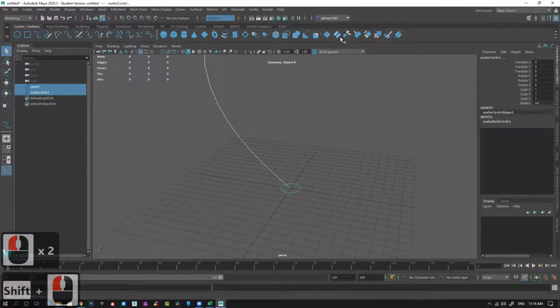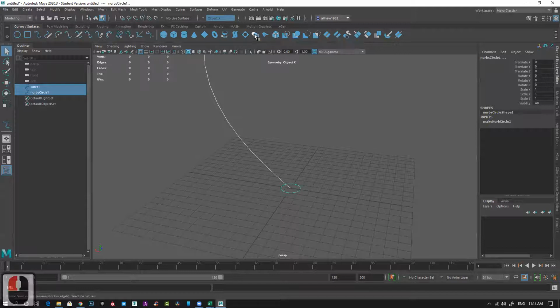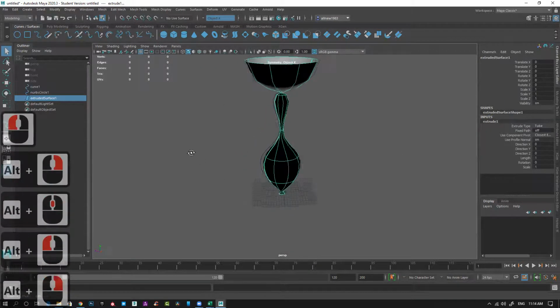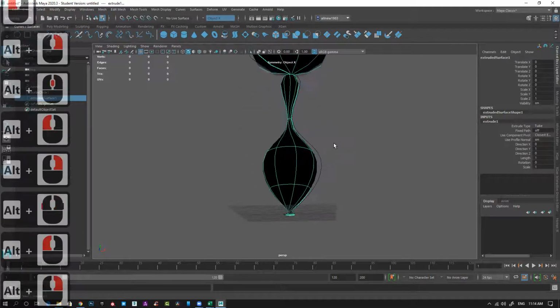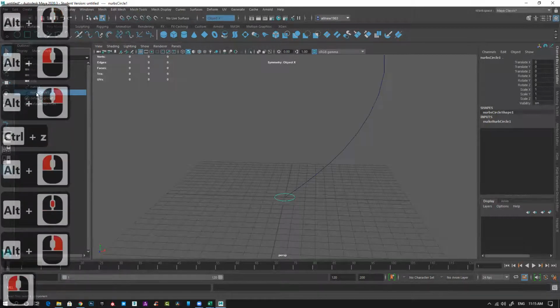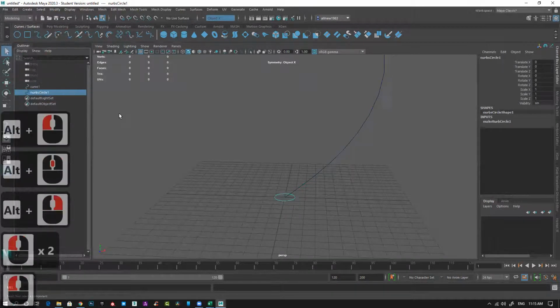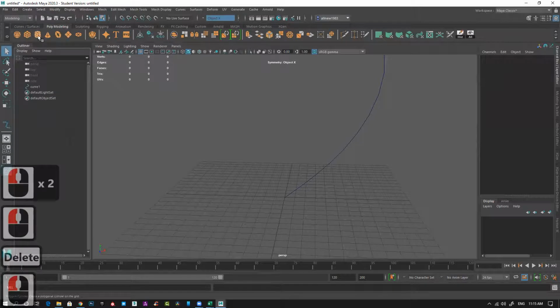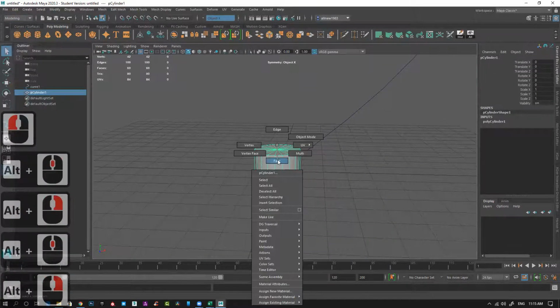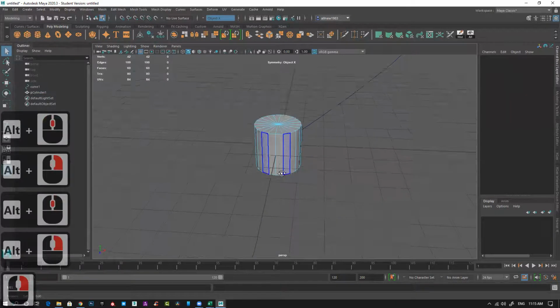But I don't want this extruded wrong. Something wrong I must have done. Give me a second. Okay, I created this polygonal surface.